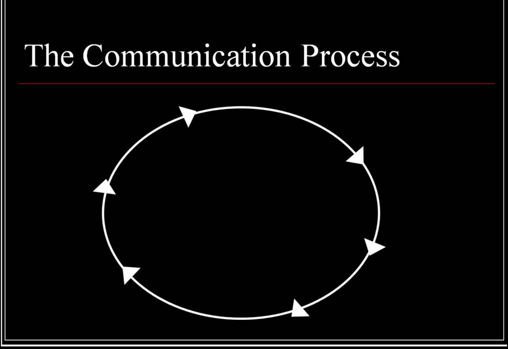Now let's take a look at the overall communication process. First, it starts off with the individual who we call the sender, and this is the person that's actually sending or communicating the message. Before they can even begin to form the message, they have to do what's called encoding, which is put the message into thought. They have to think about how they are going to frame this message. What does it mean? What are they really trying to communicate? From there, they have to actually then form the message. So this could be the process of actually writing out the email or framing the statement to send to somebody.